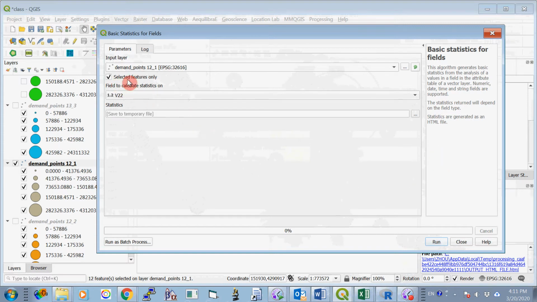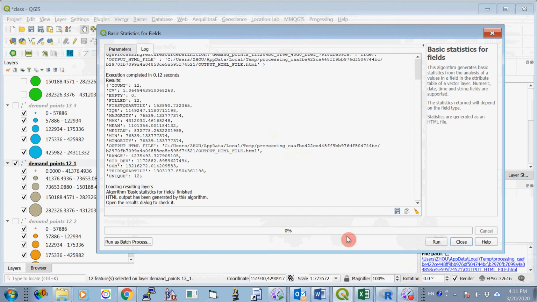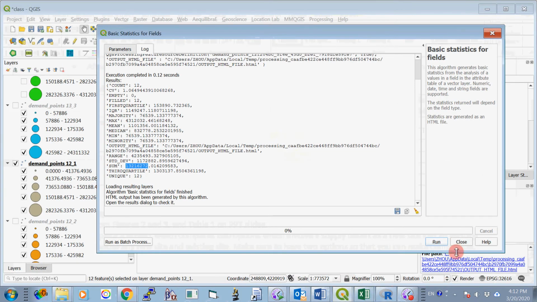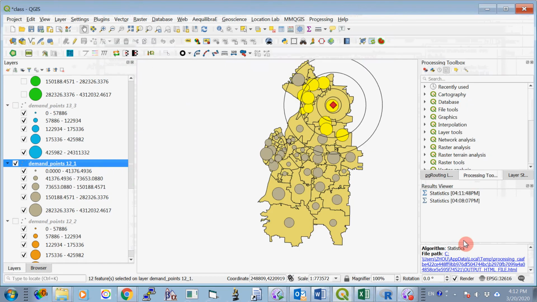Okay, you selected features only. You run. Now this time you can have big sum. This is big sum. You copy this value into the table here. Okay, it's here, this value. Okay, then we're gonna see how about within buffer zone 24,000. What is the total value? Okay, let's close this and uncheck that, and we go to